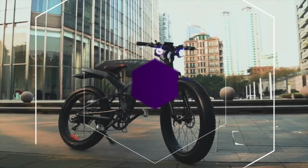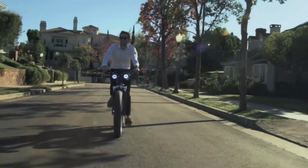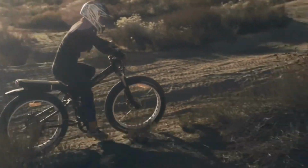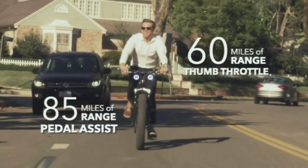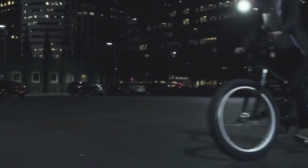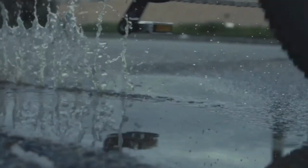Looking for an electric bike that blends style, power, and convenience? Meet the More electric bicycle, your perfect partner for city rides and weekend adventures. The More comes equipped with a powerful 350W brushless motor that delivers smooth, quiet assistance, helping you conquer hills and long distances effortlessly. Whether it's a steep climb or a long commute, the More's pedal assist system kicks in seamlessly,